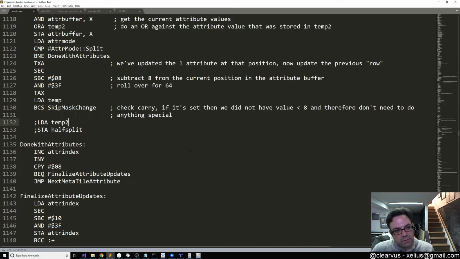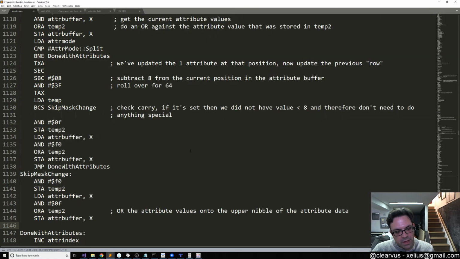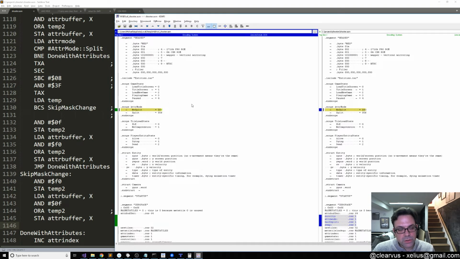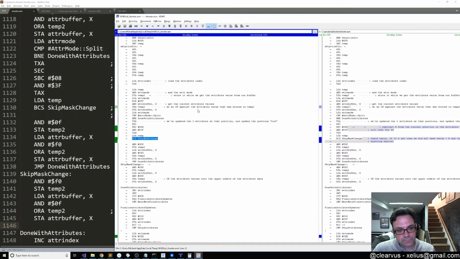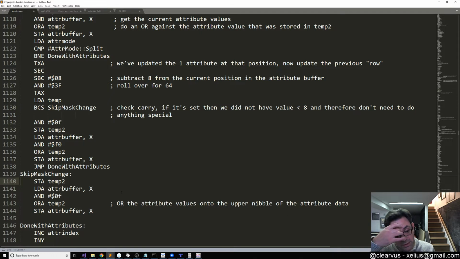Branch carry set to skip mask change. I copied everything to done with attributes, so that's that. And then if I refresh, now this is the same except for the comments. And the only thing we need to do, I think, is get rid of this, because while we're updating something that's not visible here,